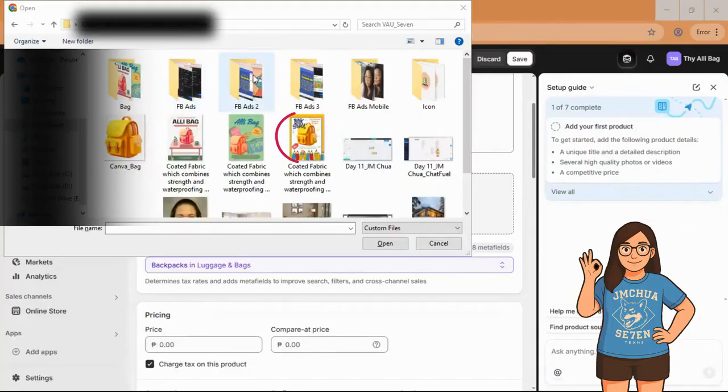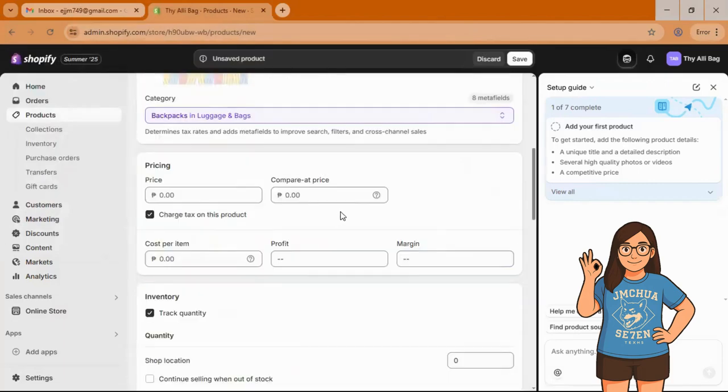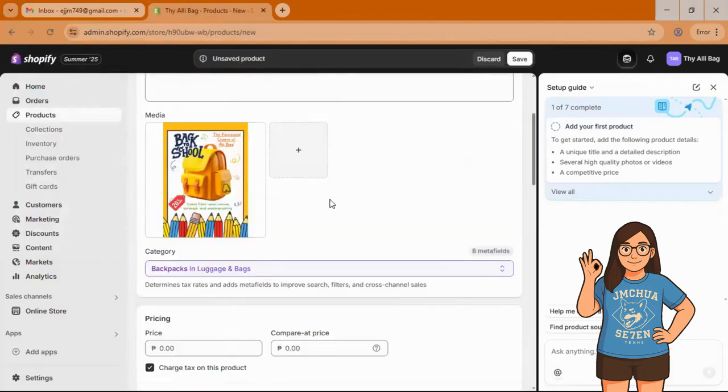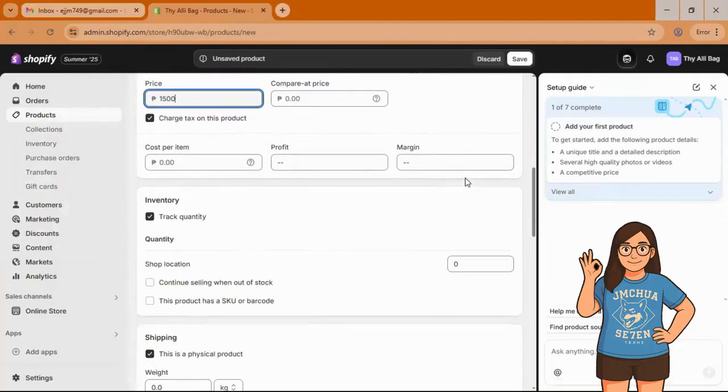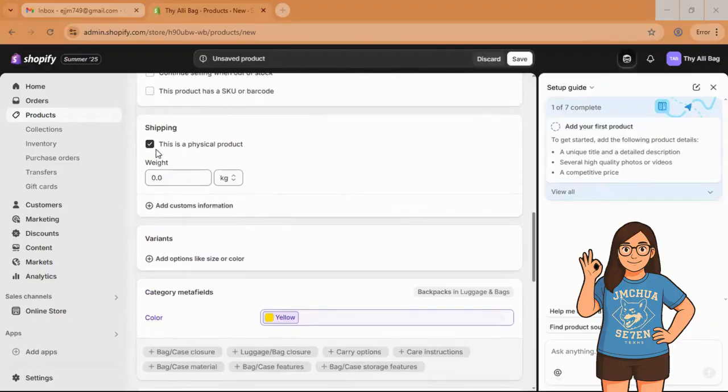So we will choose the photo of our product that we would like to sell. Let's say this one. And then scroll down, you put the price, 1,500. Okay, scroll down here so you will see the shipping.